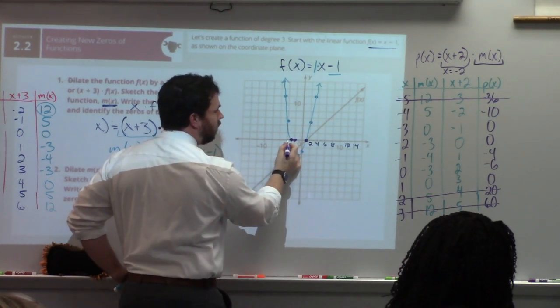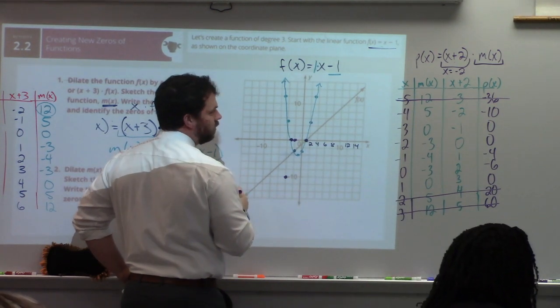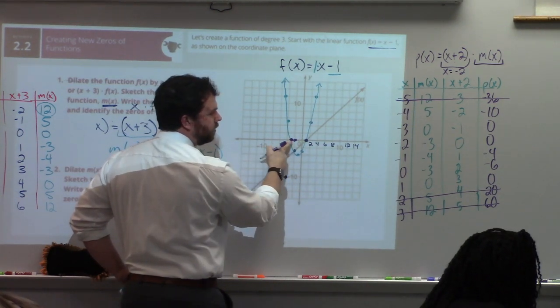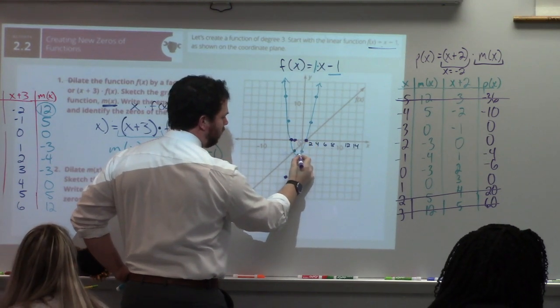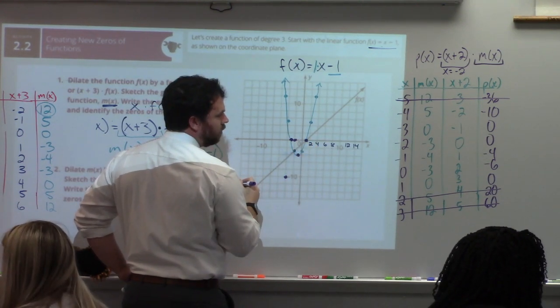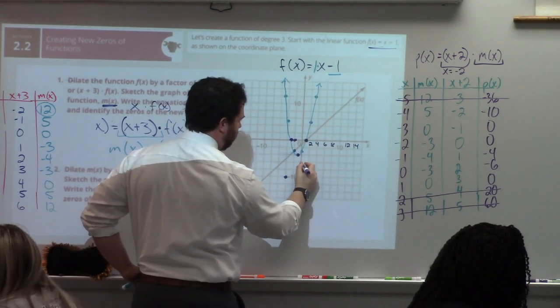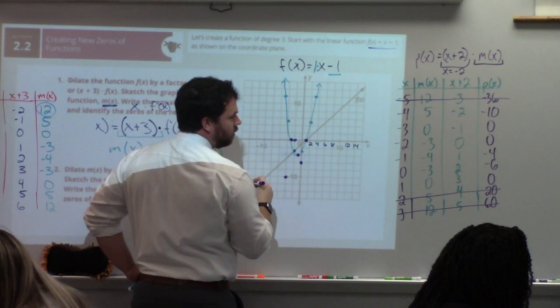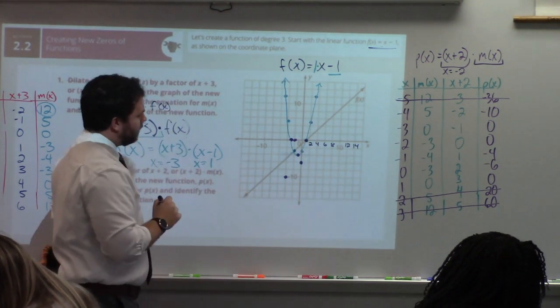So negative 4, negative 10. Got those two zeros there. Negative 1, negative 4. 0, negative 6. And then 1, 0. 2. Now that doesn't seem like a lot, but